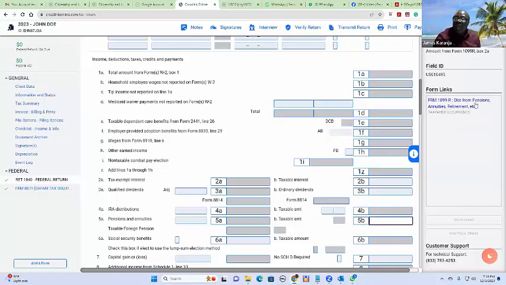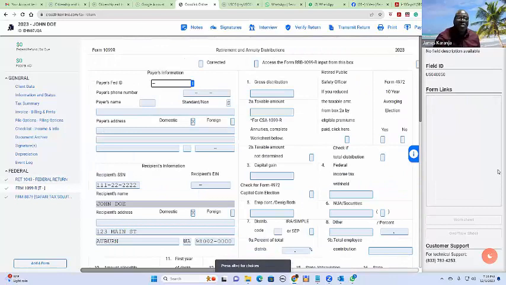Also, the 1099-R, once you fill it, let me show you an example of a 1099-R. This is a 1099-R, as you can